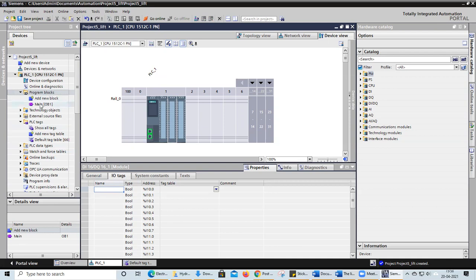Yes, sir, you wrote 5, 5.0, so those are memory blocks. Internally, in the CPU, this is a memory element. Only input outputs are defined here in the tags. Input outputs are limited, memory is unlimited.